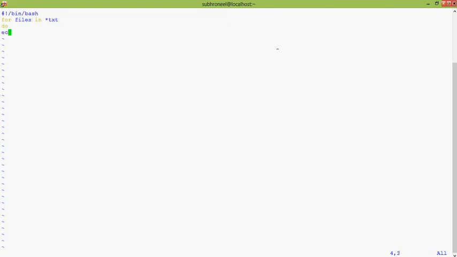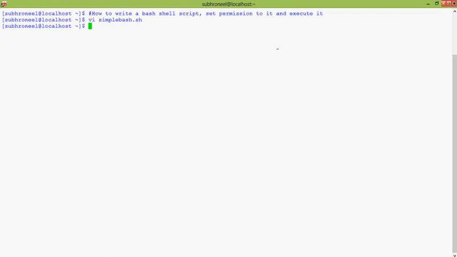It can be an extension name or any file name ending with txt. So we have written the script. Now we will save the file and exit from the VI editor. Now you can see the content of the file using the cat command.